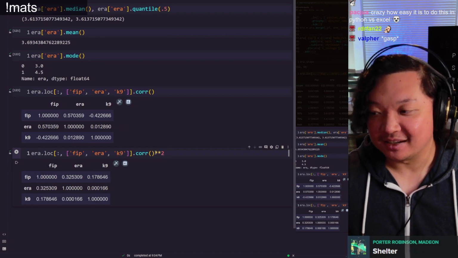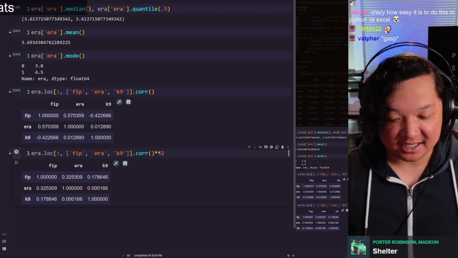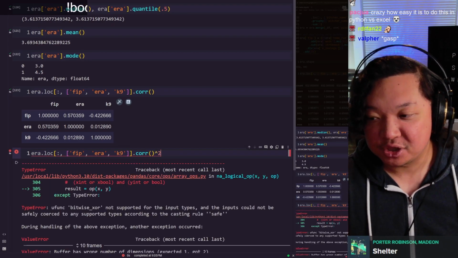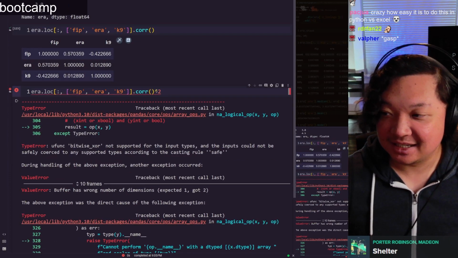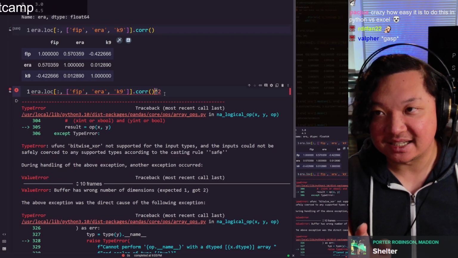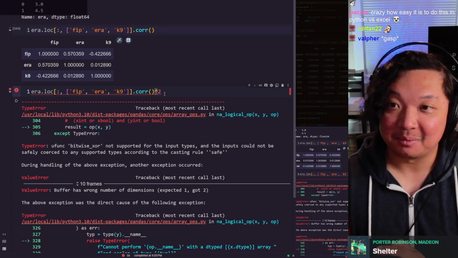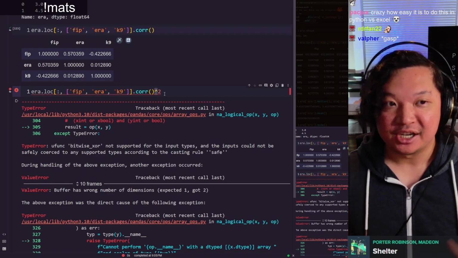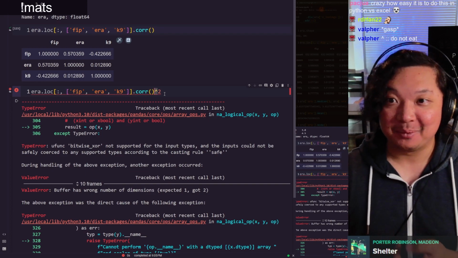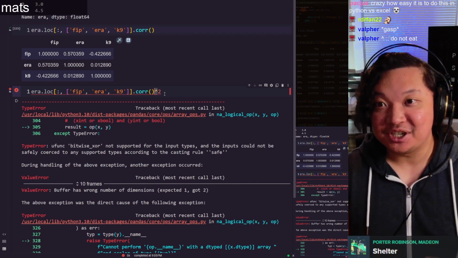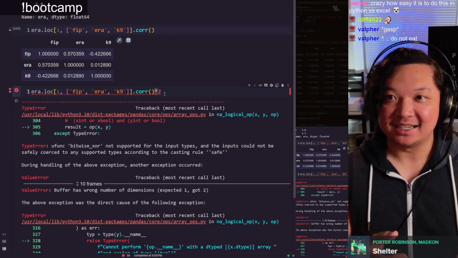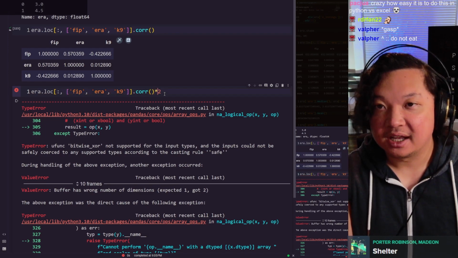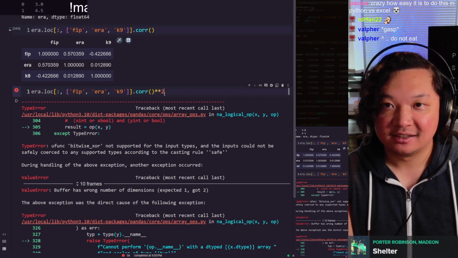So you could just type in 2 asterisks here. You wouldn't type this: if you typed caret 2, you're going to get weird results. Python uses the caret for a bitwise operation. Python isn't a statistical programming language at heart. Python is a jack-of-all-trades language used in web development, app development, game development, database engineering. So some of these operations inside of Python are not necessarily meant for mathematical operation. So it's the double asterisk